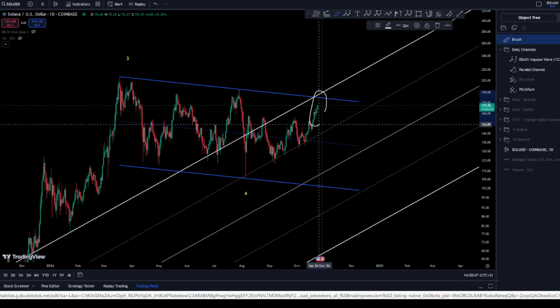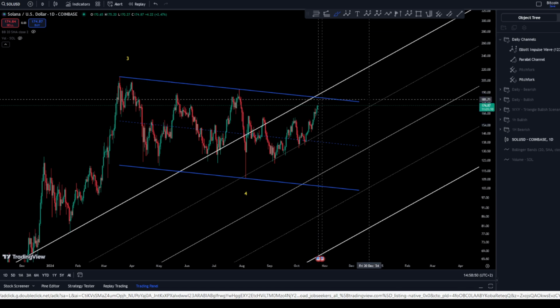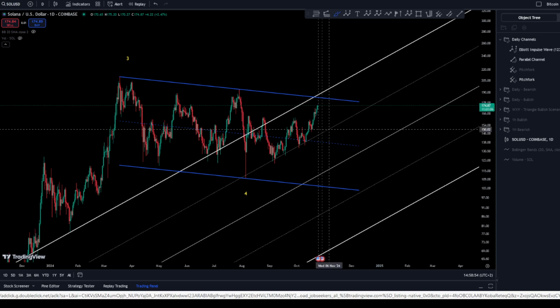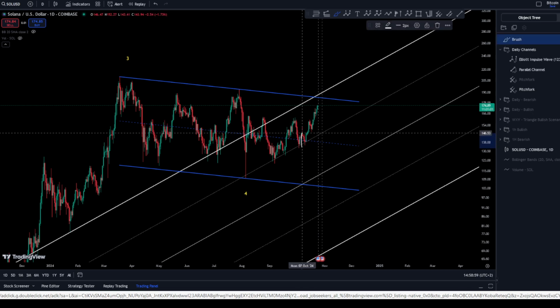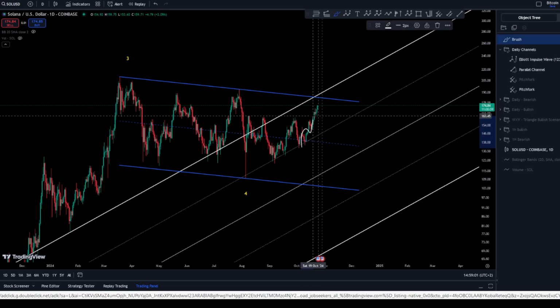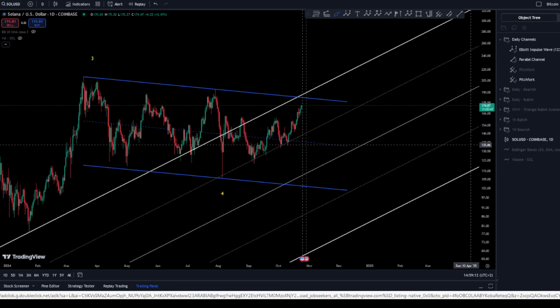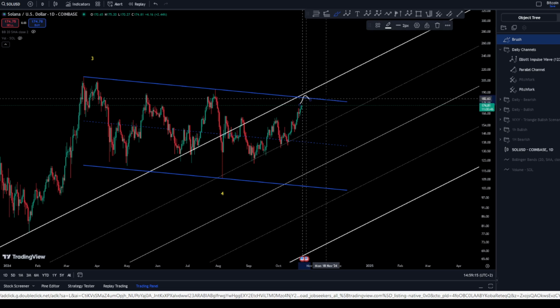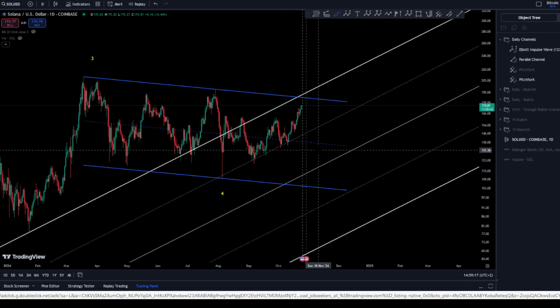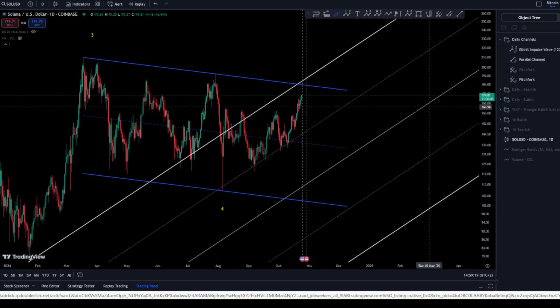Now, of course, this is totally different from what we are looking at with Bitcoin right now. Currently, with the prices of Bitcoin, it is true that we are looking for a little bit higher prices, but however, Bitcoin has given us a 3 waves corrective and not a real impulse so far. Now, we don't know what can change in the market. However, Solana is much clearer with its move towards the upside now, trying to test this corrective channel for the first time after bottoming here with a wave 4.